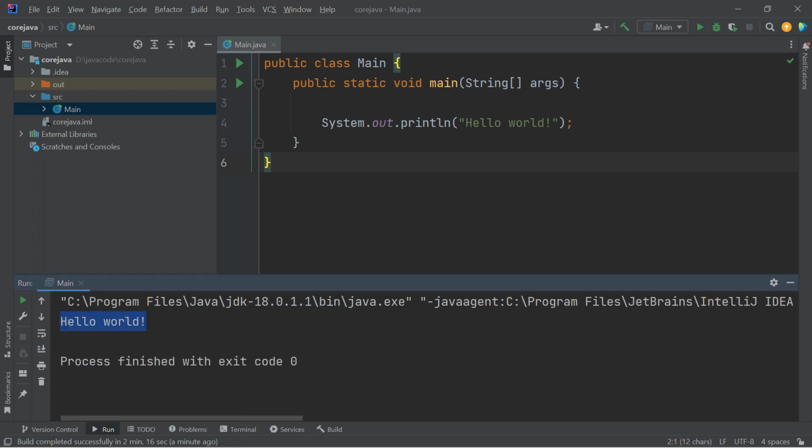In tomorrow's session, I'll be covering each and every line on the screen, and I'll be explaining the skeleton of Java and the rest of the things. Okay. Any